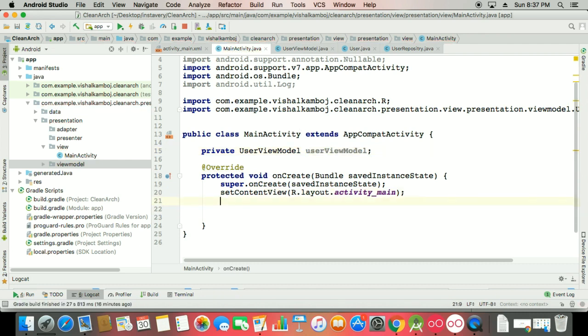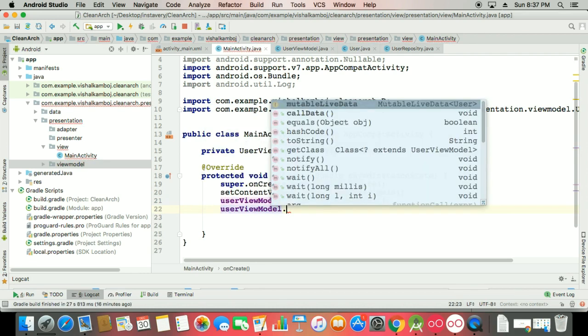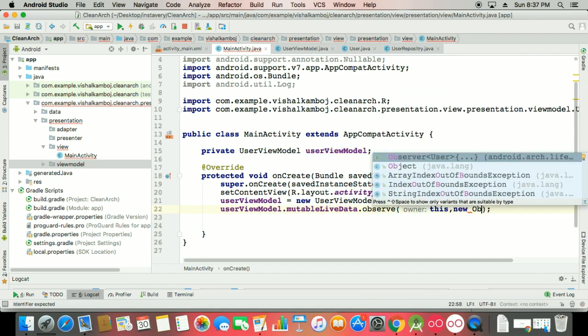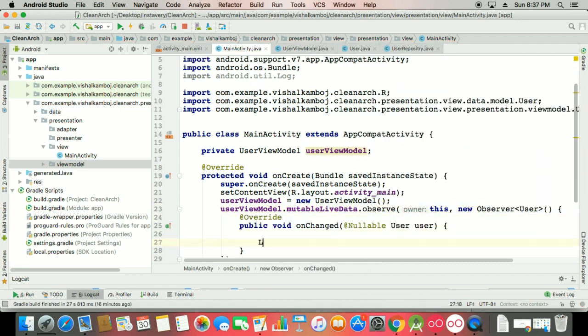And here you can set your data bindings also, but in this first video I'm just using very basic things for you. So this is your user view model, and user view model dot mutable live data dot observe this comma new observer, and at this time I'm just showing the log. Then I will describe it with the presenter also.